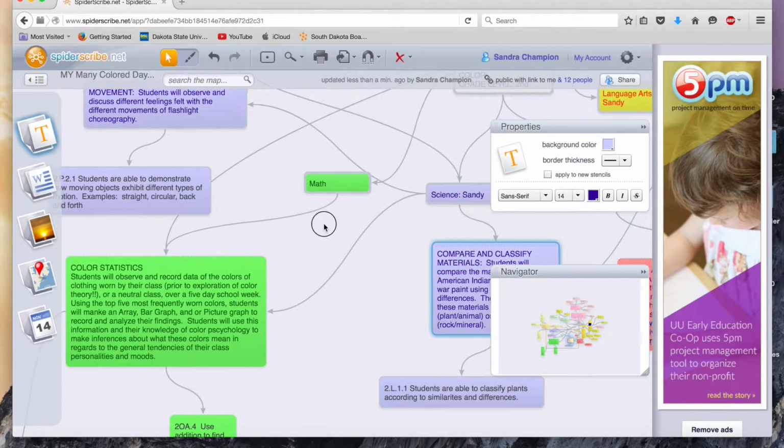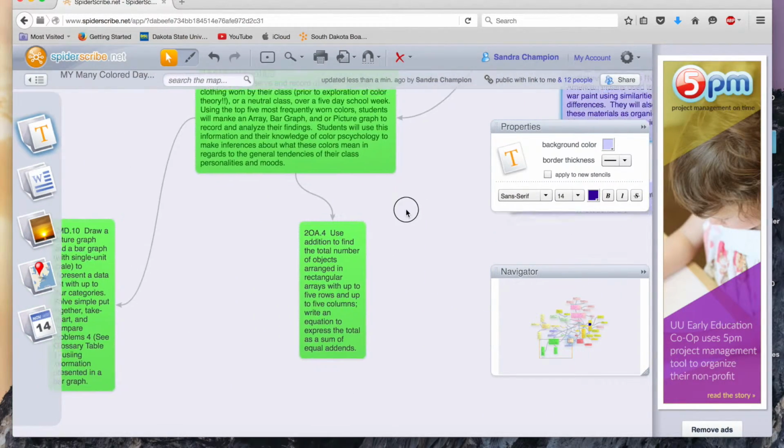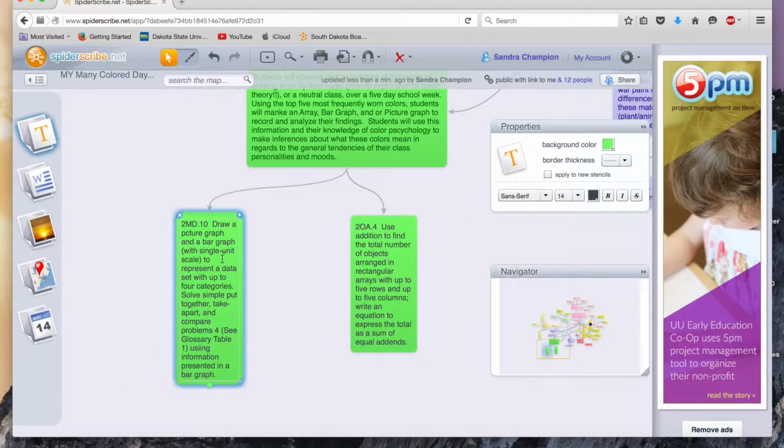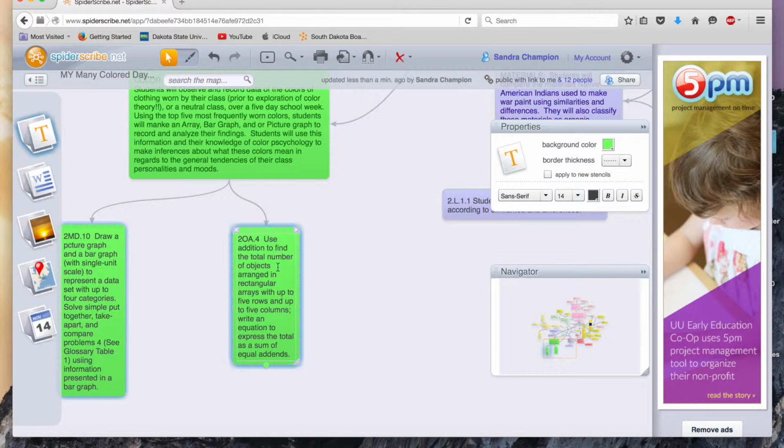I'm going to go over to math now. For math, I chose this standard. Actually, I have a couple. Draw a picture graph and a bar graph with a single scale to represent data set with up to 4 categories. Solve simple, put together, take apart, and compare problems. Use addition to find the total number of objects arranged in a rectangular array with up to 5 rows and